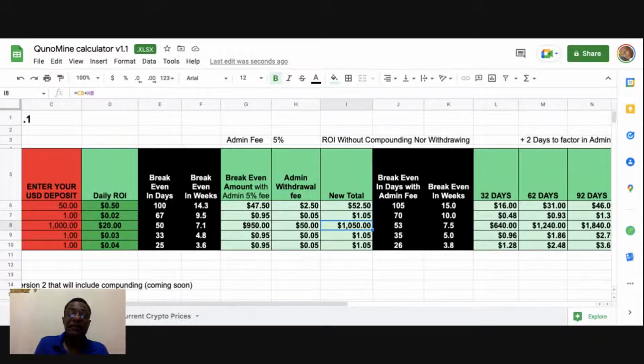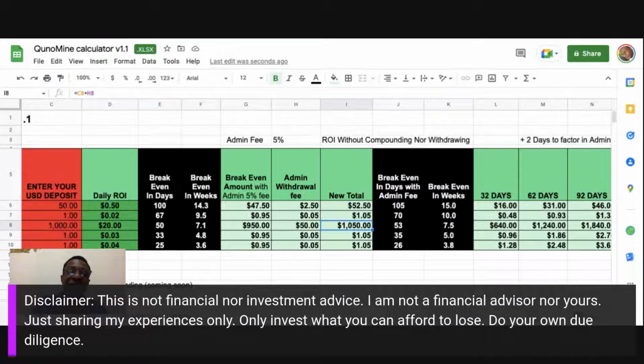My advice, and I shouldn't really use that word, what I would do, so I'm not your financial advisor, I'm just telling you what I'm doing. Got to keep it legal. All right, so